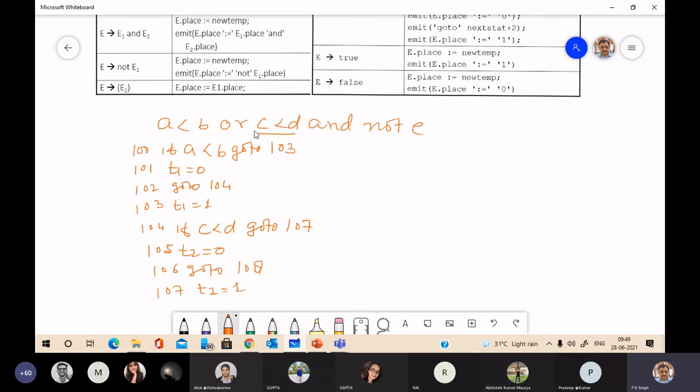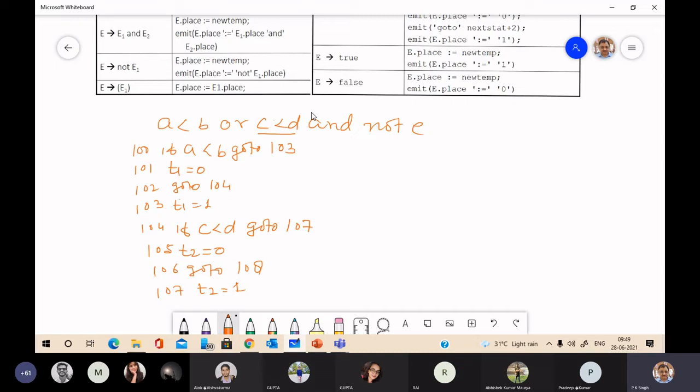Okay. Here OR operator, here AND operator. Suppose AND has precedence over OR. So it will go for the shift. If OR has precedence over AND, then it will do the OR operation of these two expressions.